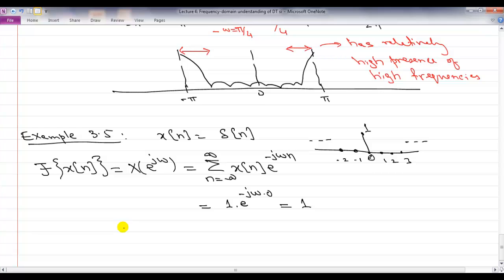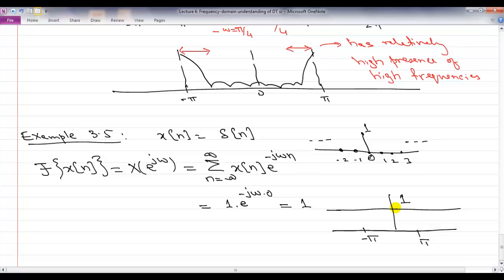which means that if I look at its DTFT plot from minus pi to pi and going forward, of course, periodic repetition of a constant is just a constant. What it means is that this delta function has actually all frequencies present in it. Every possible frequency is present in it, and all the frequencies have the same contribution. Okay, little omega equal to 0 has a contribution, little omega equal to pi has a contribution, and all of these frequencies have a contribution equal to 1.